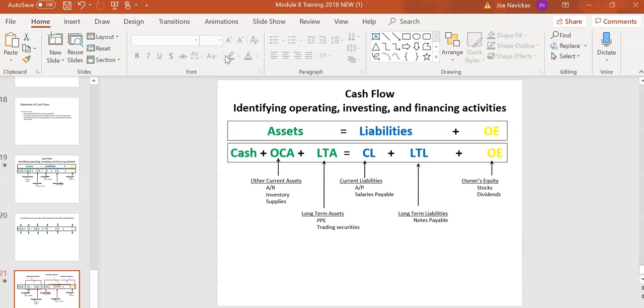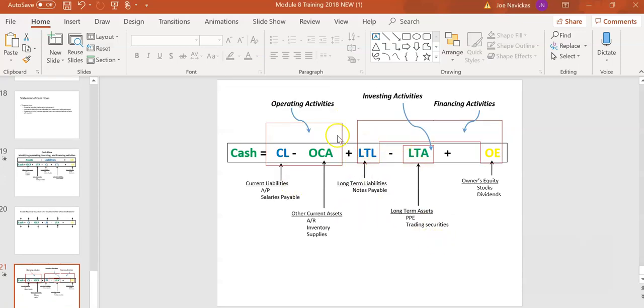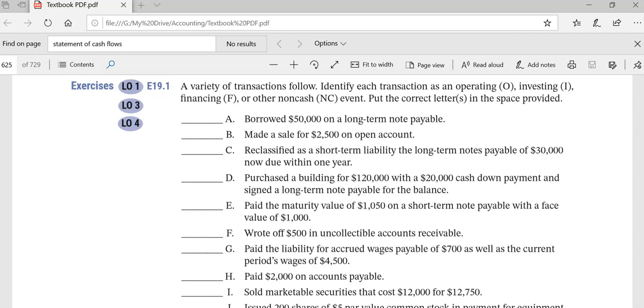All right, so I'm going to go through a problem here with you, and I want you to keep this in the back of your mind, and we're going to walk you through some sample problems on how to calculate this. So here is a problem where you have to identify each item as an operating, investing, financing, or a non-cash event. What is important to understand is that if cash is not involved, it does not go on the statement of cash flows. So, for example, if I buy supplies on account,